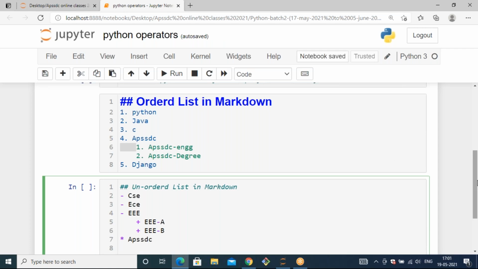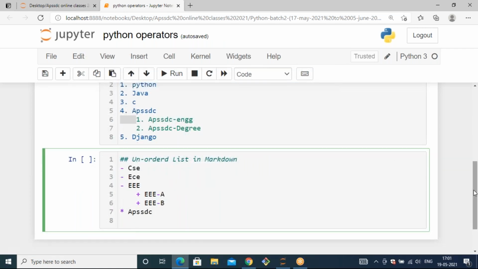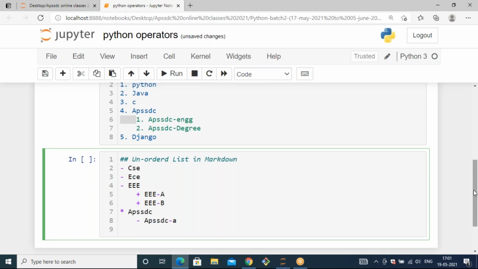And inside the sublist, I'm passing again hyphen APSSDC hyphen A, APSSDC hyphen B. So here I can take some kind of tab space, and here also I'm passing some tab space, so that the list will follow.